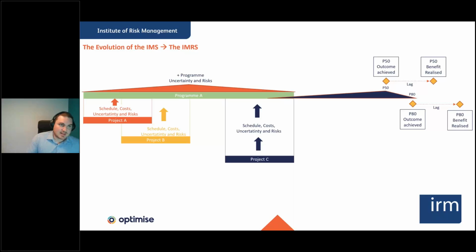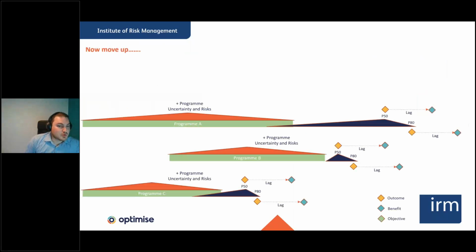So you've still got this integrated master schedule where the program schedule will contain project A schedule, project B schedule, project C schedule, and it will have them all integrated. So we'll be able to see the interrelations between project B and project C, or project A and project C, the push and pulls and the gives and gets, and then we'll apply the project's risk onto them, and then we'll apply the program risks onto them, and that will give us a program P50, P80, P confidence value, whatever you want to look at, achievement of an objective, of an outcome, and then of a benefit off the back of that. So then we just move up.